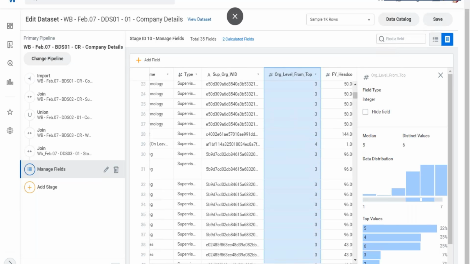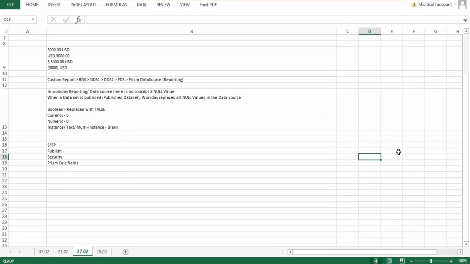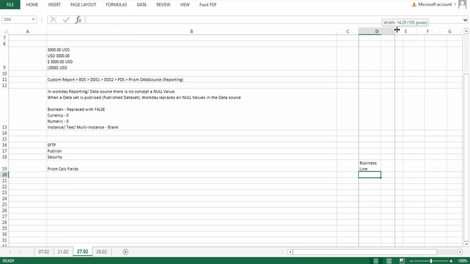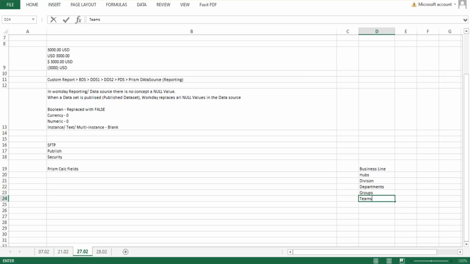So let's say this is the structure I have. My top level organization, on my level 3 organization, is a business line, under which maybe I have hubs, which are my level 4 organizations. Under hubs, I have my divisions, right? So let's say human resources is my business line, under which payroll is my hub, under which payroll India is my division, within which I may have different departments, right? Within which I may have different groups, and within which I may have different teams,